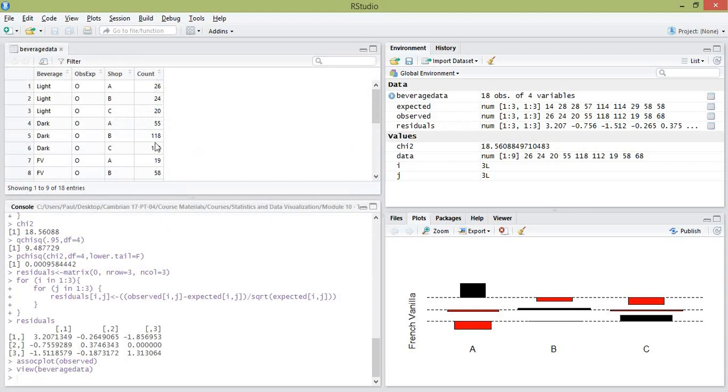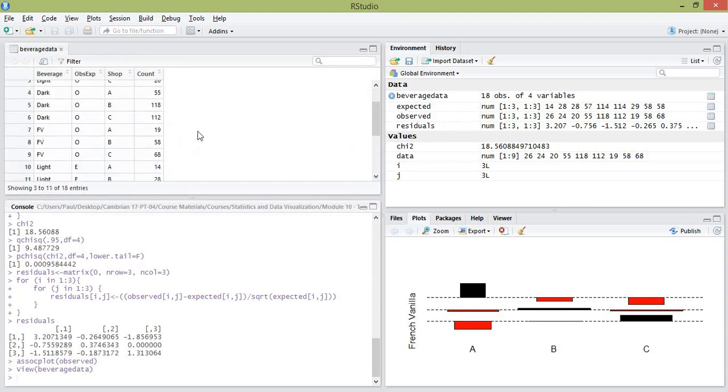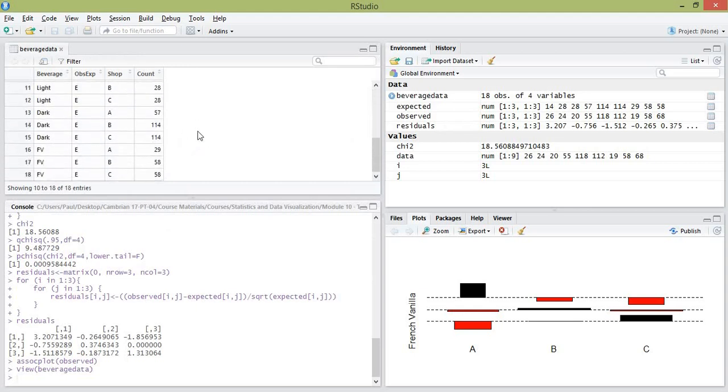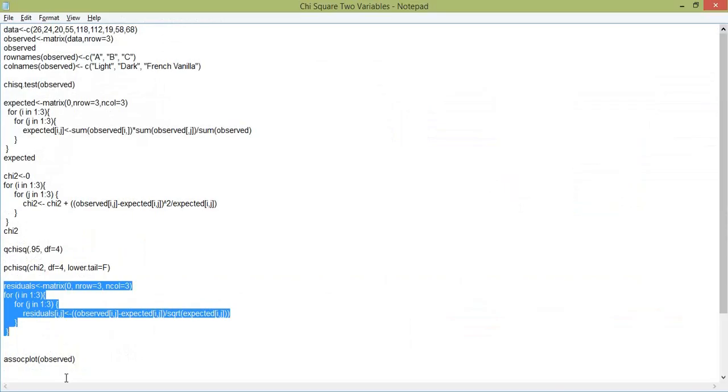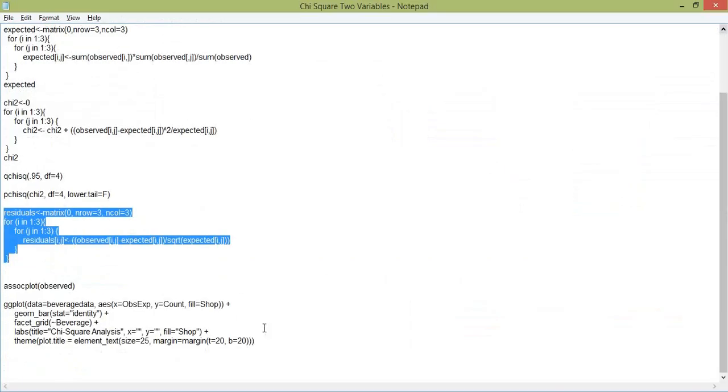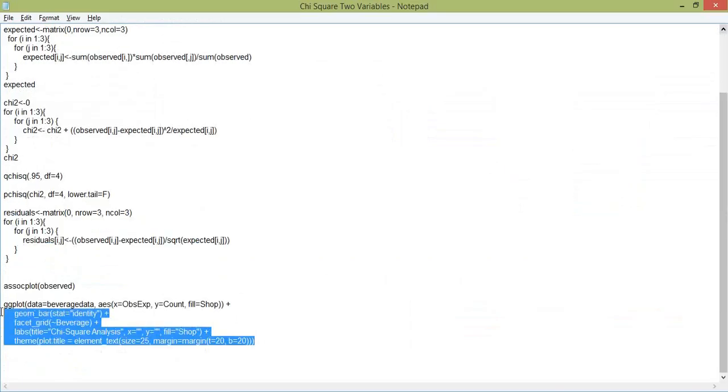So these are my counts. Right here are the observed, and then I have the expected values here, and then I simply state the type of beverage, and then also the shop. So when you have your data in this format, it's easy to make a stacked and grouped bar plot to compare your observed and expected frequencies. So I'll copy over the command,